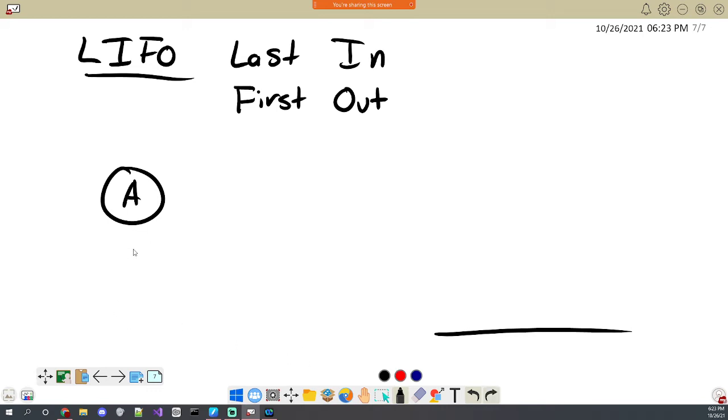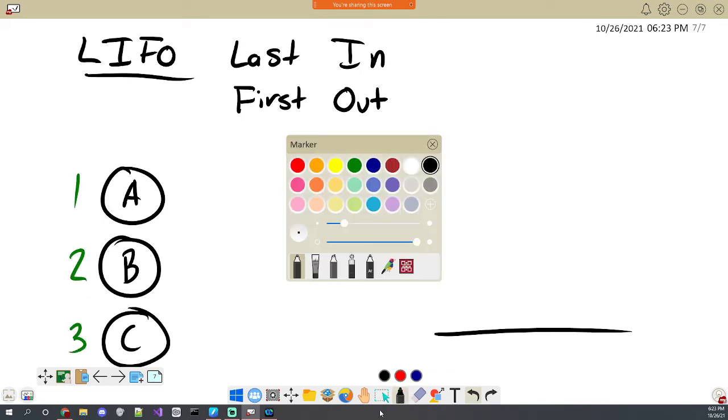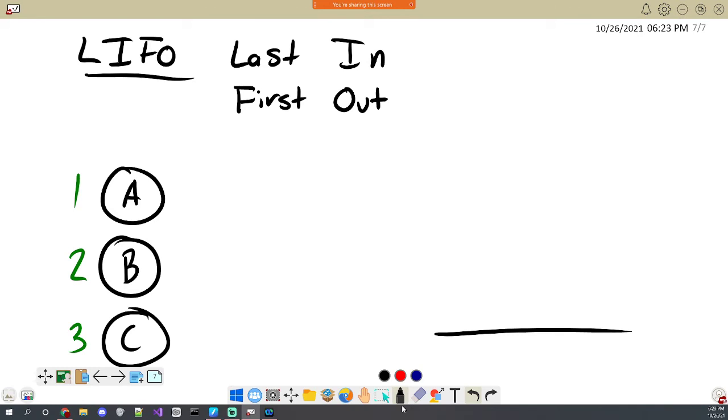So this person shows up first, second, and third. Now the way we're going to do this is we're going to stack these so that the first person goes at the bottom. Or another way to think about this is that they're always going to go at the top of the stack, and it's going to stack them on top of each other.